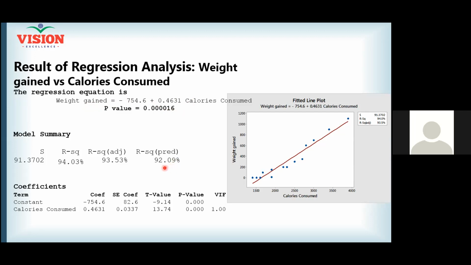And if the predicted R square is very low, you should not use the equation for prediction. Because what you predict using the equation, what may happen to your patient may be different. And people will start laughing at you. With the way you are advising others, your results may not happen in real time.